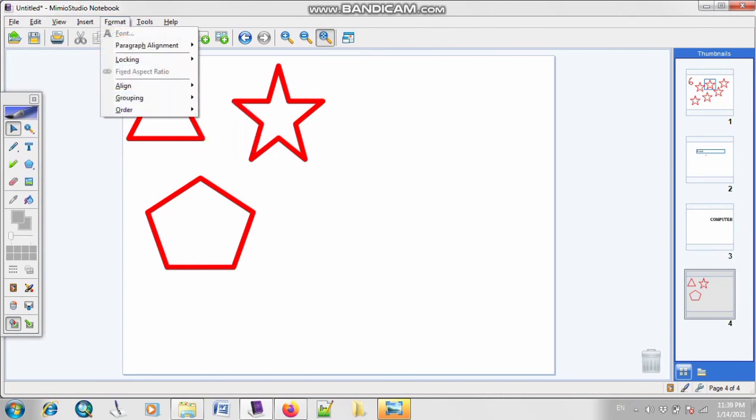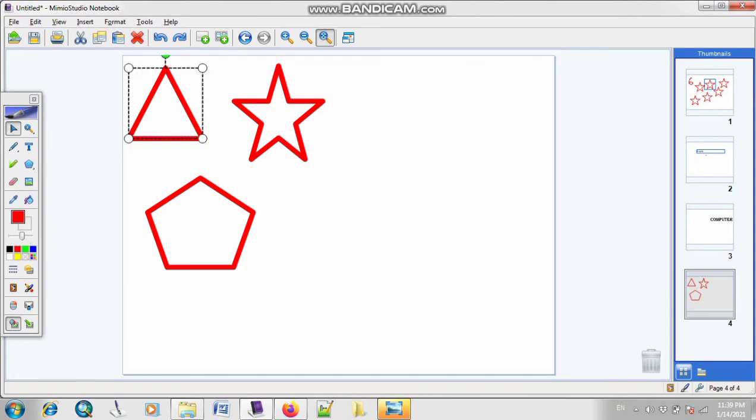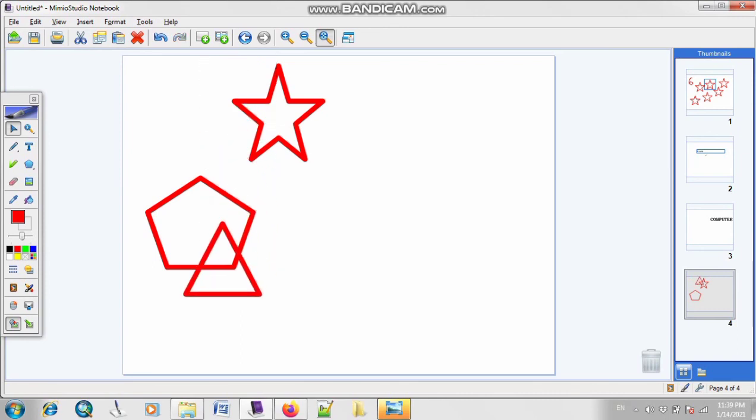Order is basically used if you want to decide which image you want at the top and which images you want to put in the back side. Suppose I have two images here, two shapes here. Okay, now if I select the first picture, as you can see, this is on the top of these images.